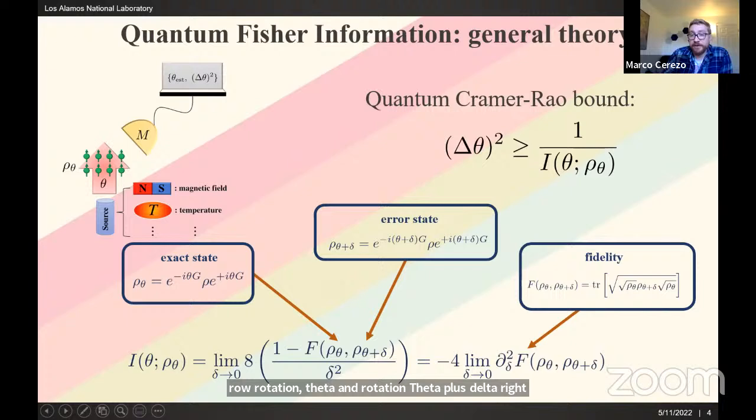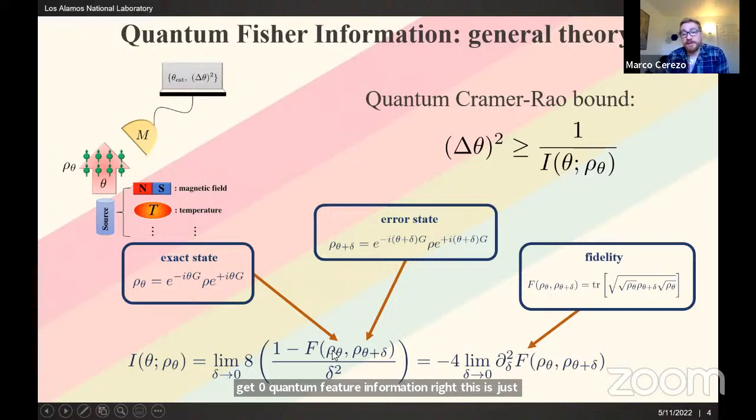And what this quantity is telling us is how much my state is changing whenever I go from theta to theta plus delta. Evidently, what we want is a state that, whenever I apply the small change delta, changes significantly, right? So the fidelity decays. And this is really good because this means that my state is very sensitive to this small change delta. On the other hand, if those two states are exactly the same, for instance, my state rho is completely unaware that instead of theta, I did theta plus delta, the fidelity is 1, and I'm going to get 0 quantum Fisher information, right? So this is just going to blow up, and we don't want this.